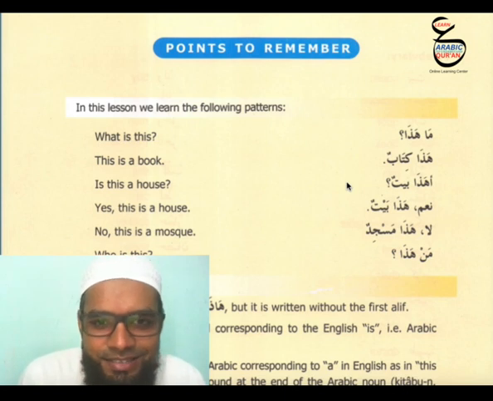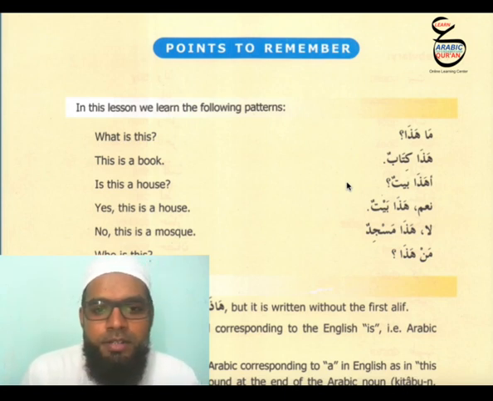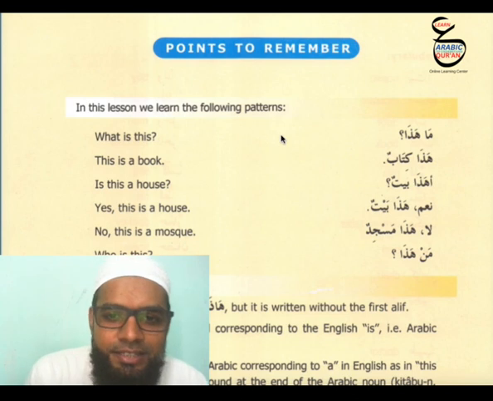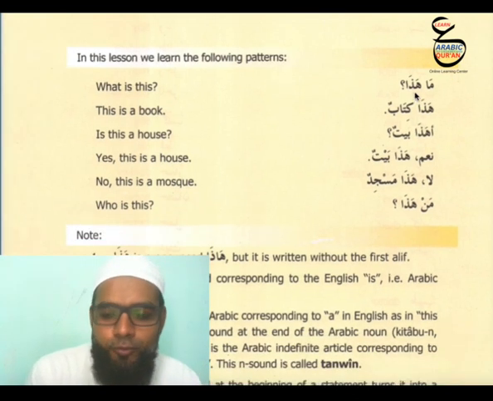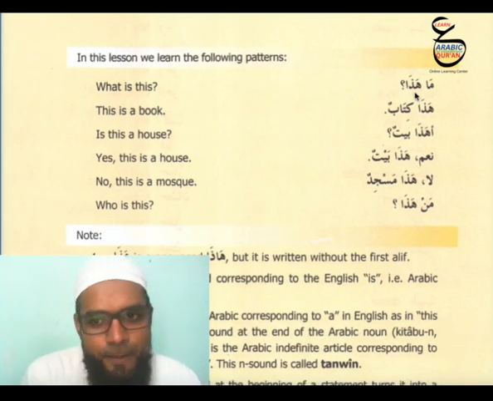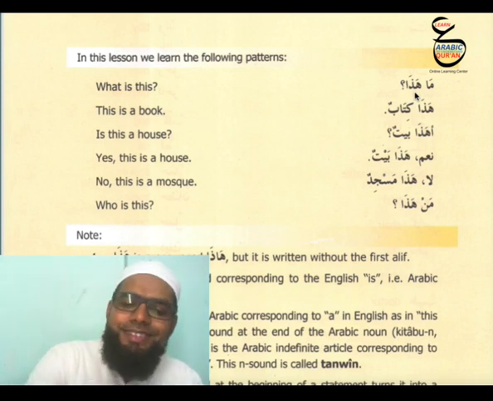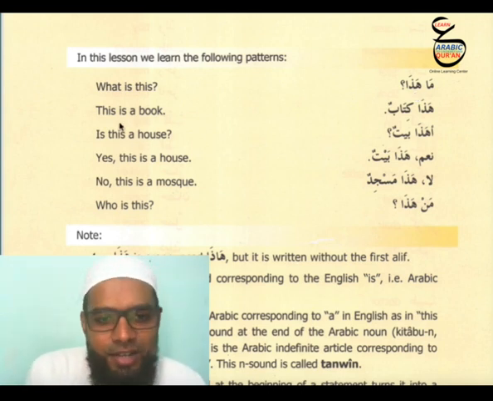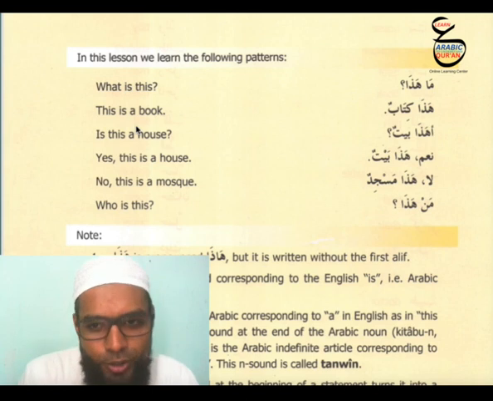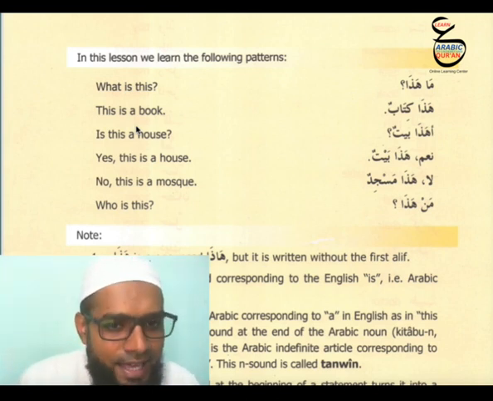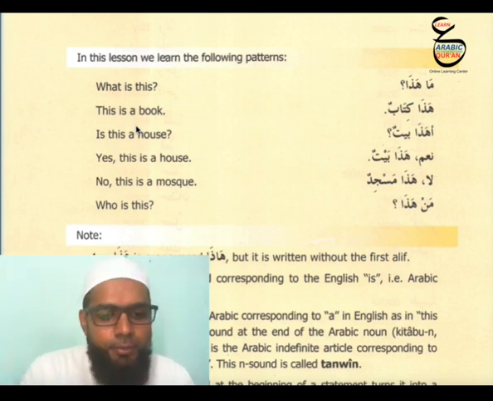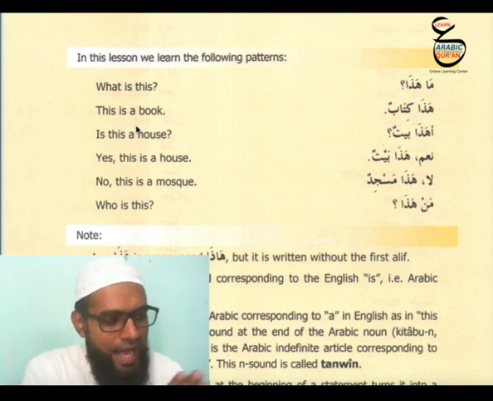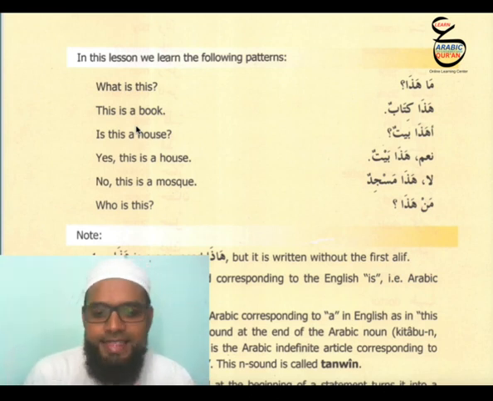In this lesson, some points are there to remember. So in this lesson we learn the following patterns. Mahada, we have learned mahada. What is this? So we can use this for several things. So hada kitabun, we can say hada kitabun. If you want to practice, you can say hada kitabun, hada qalamun, hada ummun, hada abun, hada akhun, hada masjidun,